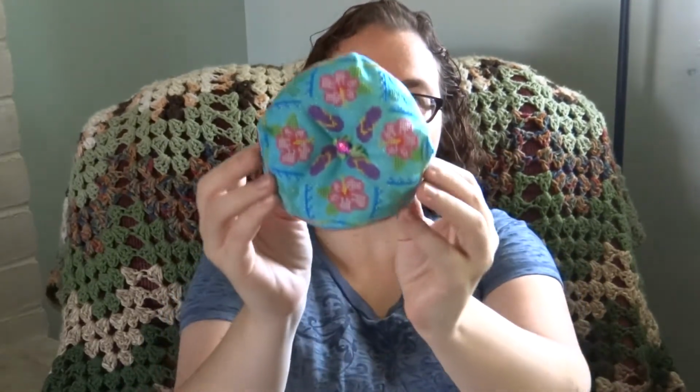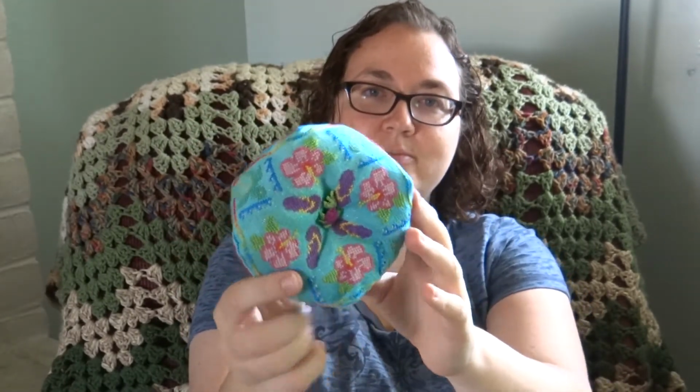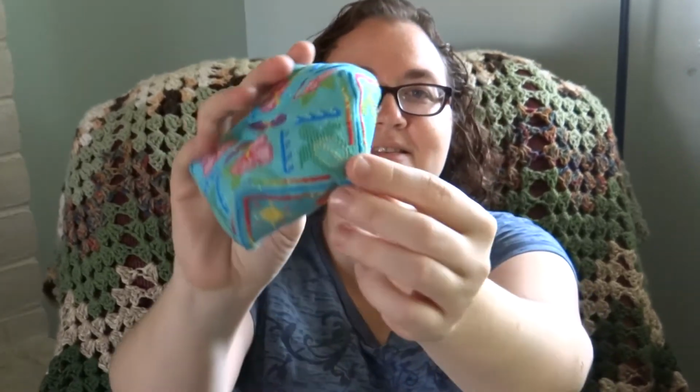Speaking of Biscornu and everything, I received my Biscornu from the person who was my swap partner, and it was Julie from Nifty Needle Nannies. And here is my Biscornu that she sent me. The theme was beach, and so this is just this beautiful bright blue, very beachy. It's got flip-flops, and I forget what this flower is called, but it's like a really tropical Hawaiian type flower, and sea turtles,